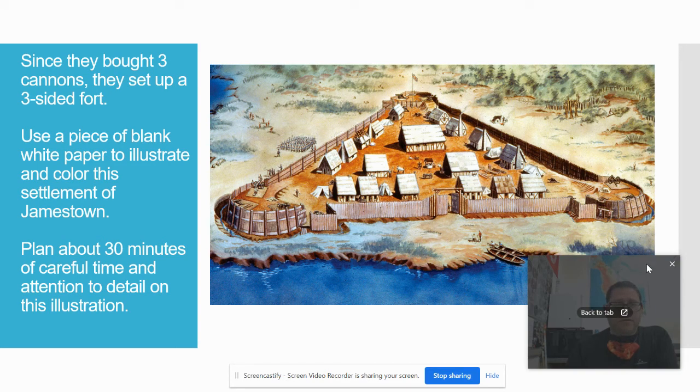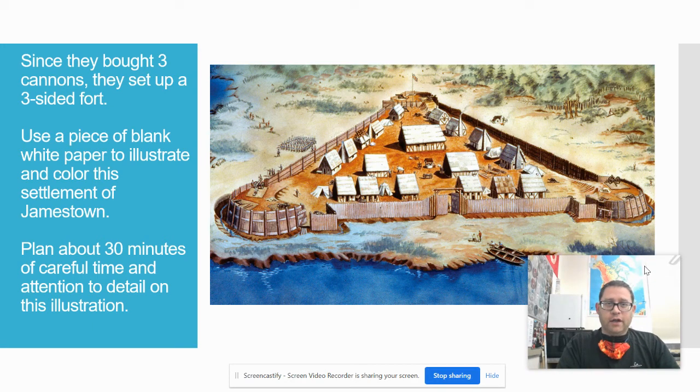What I'm going to want you to do is get a piece of blank white paper. If you look at the front of the classroom, there is a black music stand facing you, and it has a piece of blank paper. Your name's not on it, but you're going to put your name on it. You're going to pick it up, fold it in half, hamburger style, and open it back up.